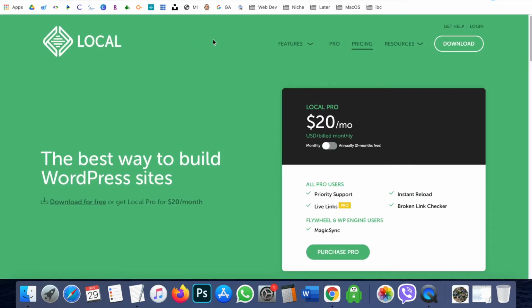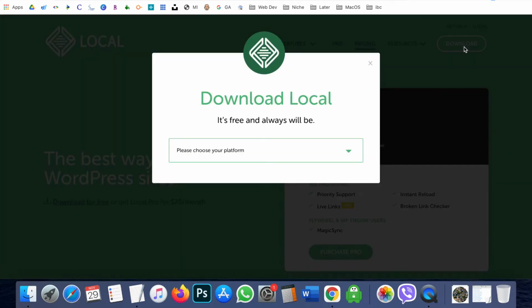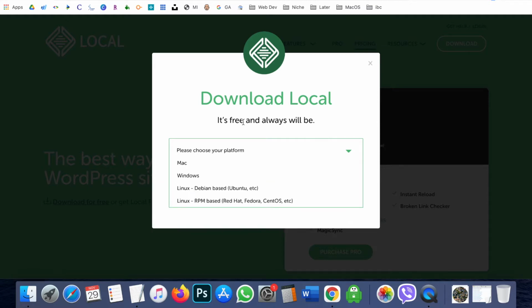So let's go to download, and it's free and always will be. When someone's searching how to install WordPress locally on your computer, it doesn't matter whether it's Mac or Windows or Linux, right?